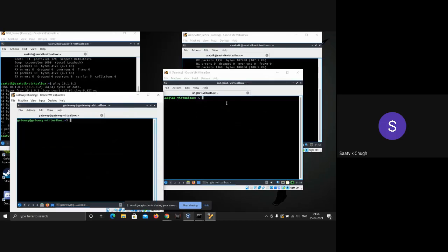Now coming to the internal zone. The internal zone goes through the gateway to connect to the external zone. The policy for the firewall is that any incoming packet or a packet going to be forwarded is dropped by default.